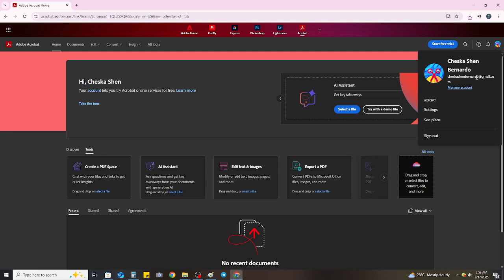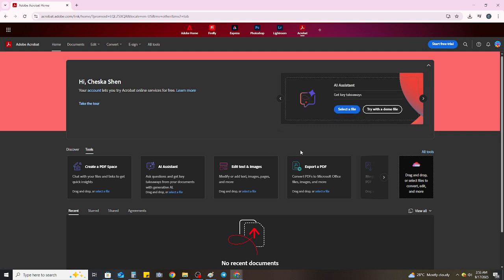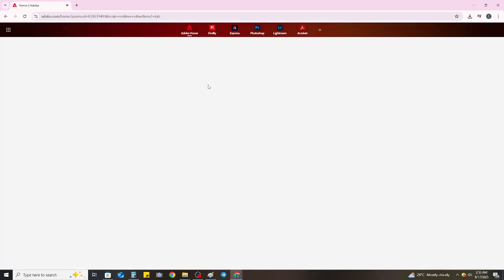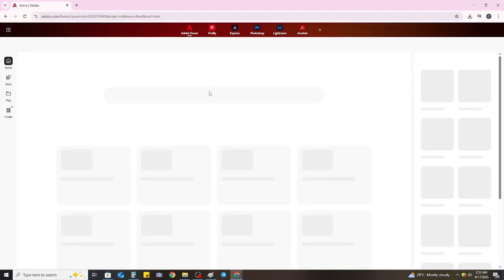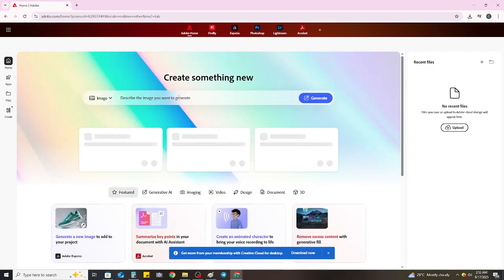So now that you're signed in and ready to go, let's get started on creating a PDF. When you find yourself on the main screen of the app, look for the plus button or the Create PDF icon. It's your gateway to all the wonderful PDF creations you're about to dive into. You have a few options on how to create your PDF, and the choice is yours depending on what you need. If you choose the scan document feature, you can use your phone's camera to capture pages and easily convert